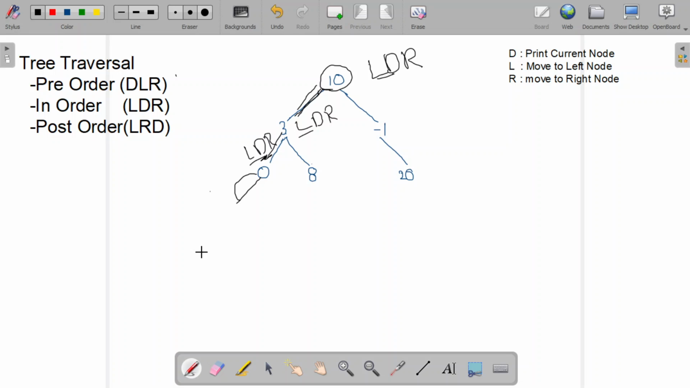D means printing the current node. Here we printed 0, and going to the right node, it is null, coming back to the node 3, and here we have completed the L part. We need to print the D, 3. We are printing, moving to the right,